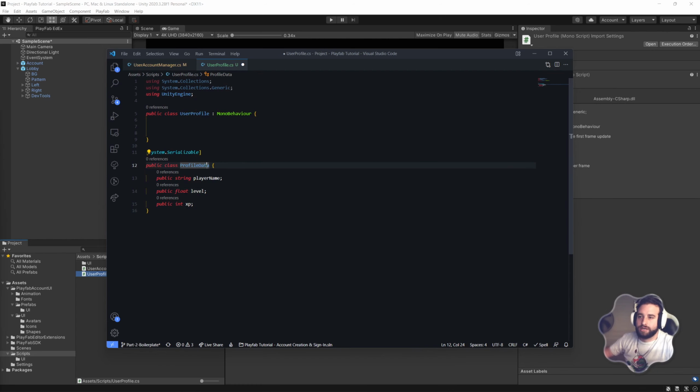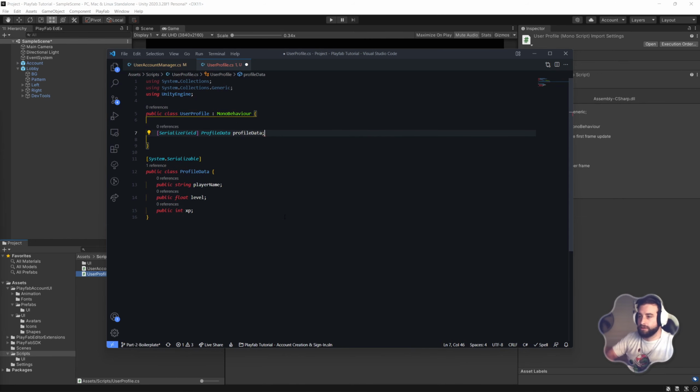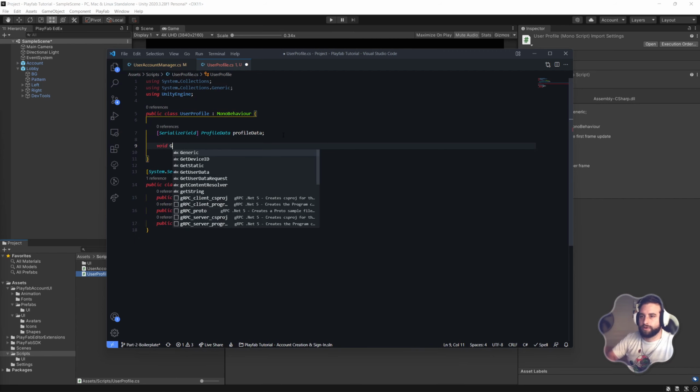Right, so we've got our profile data class. We're going to be serializing this to and from a JSON string, but we do need to have a reference to it over here. So we can do a serialized field for profile data called profile data, so we can also see it and debug it in the inspector. And then we need to start working with actually modifying this data, right? So getting and setting it. So let's do a void